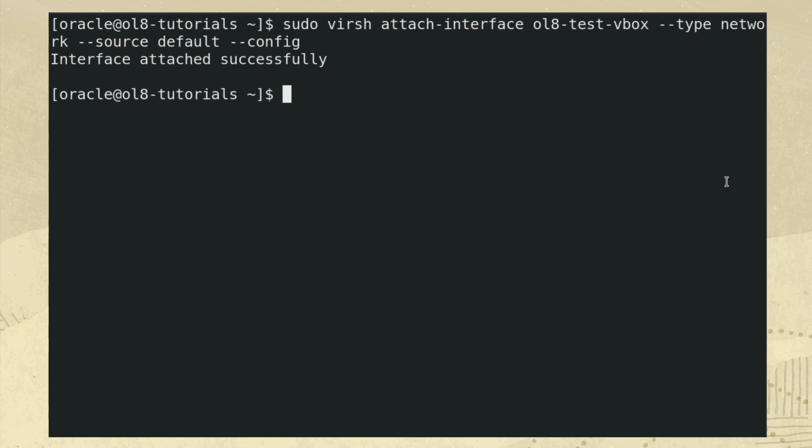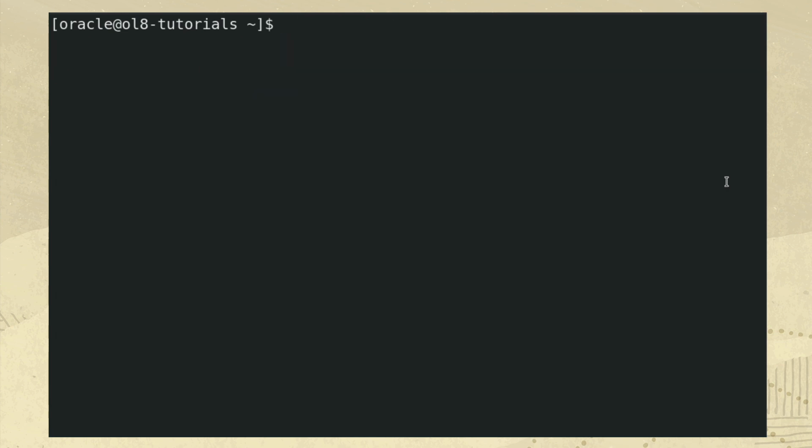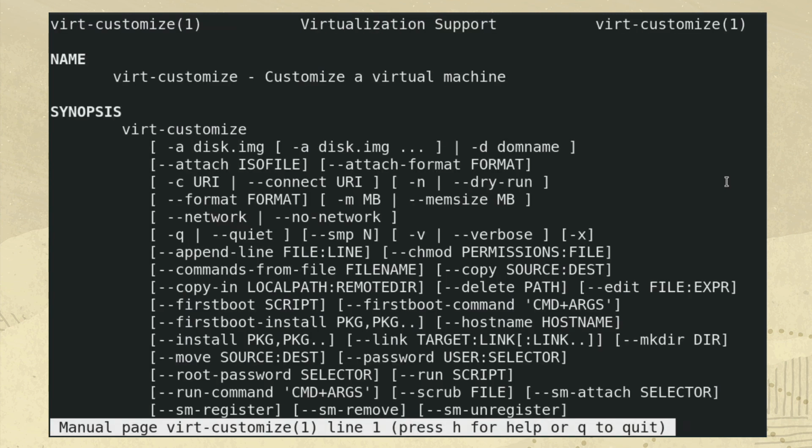While the imported VM is still offline, additional changes to the disk image, such as installing packages and editing configuration files, are possible using the command virt-customize. Since using that command is outside the scope of this video, more information is available by checking the virt-customize man page. With the VM configuration now correct, start the